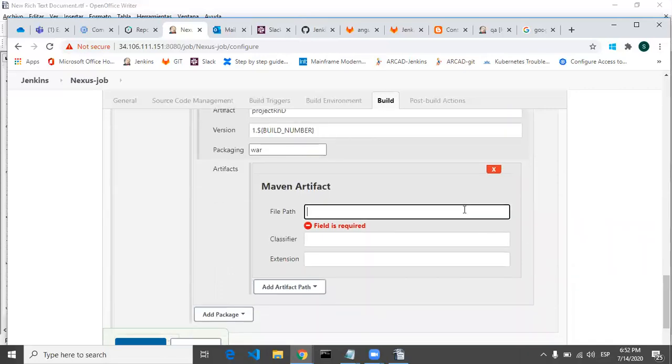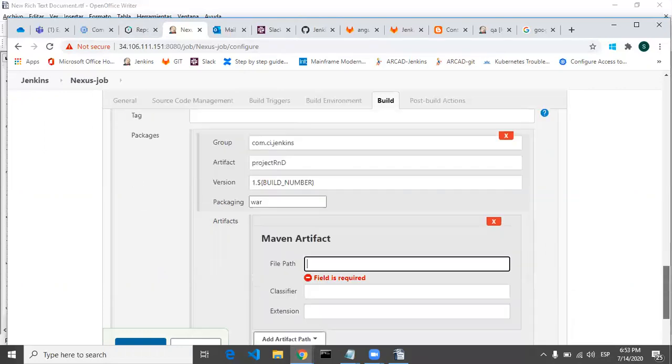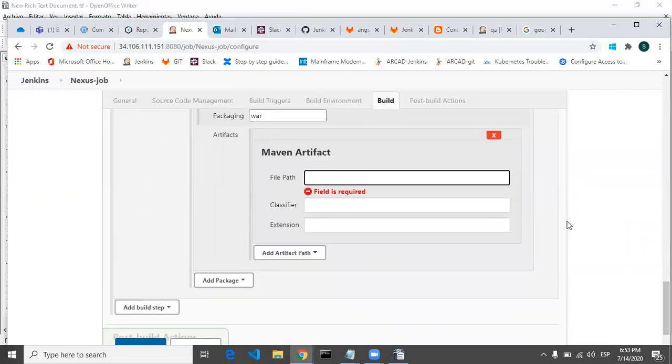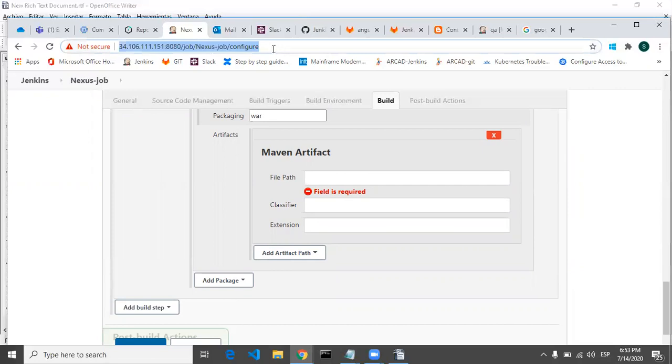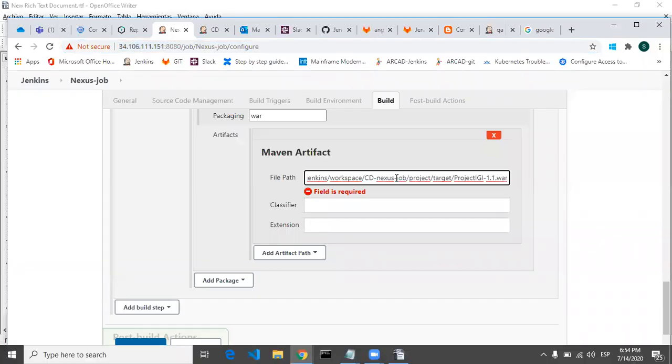Okay, so file path will be the war file location of your Jenkins.